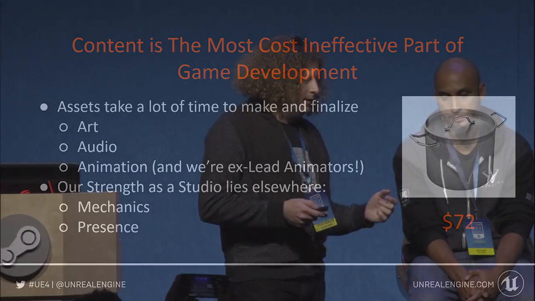I like to say that it's the forest through the trees experience, right? Like if you're focusing on the branch and the leaves of the tree and you gotta get this detail just right, you're gonna forget to make the forest. And in VR, being in a forest is way more important than a single tree looking exactly right. So, how do we make up this content deficit?